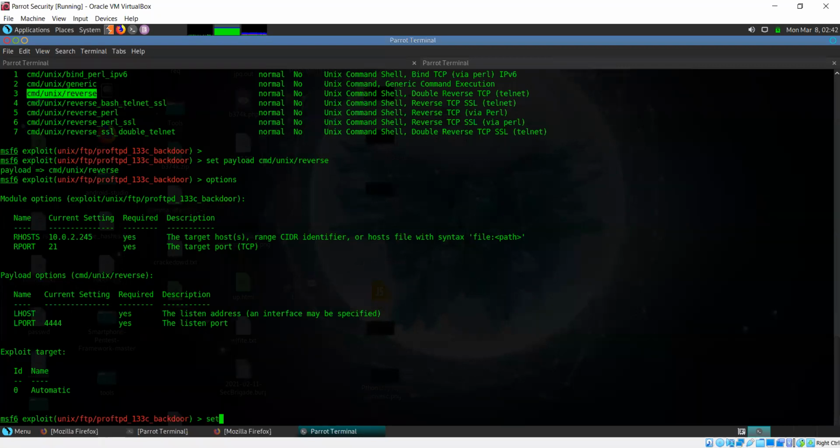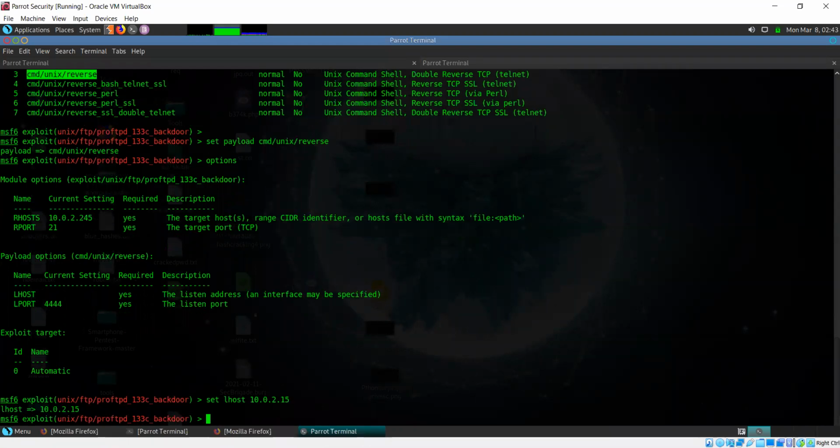So set LHOST. All right. And the port is set to 4444 by default. You can either use that, or actually you should change that, because 4444 is known to be a common Metasploit port.